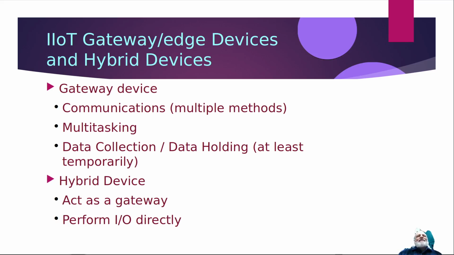All right, and then we have hybrid devices and gateway devices. A gateway device, I talked a little bit about that before. A gateway device is usually the term we use for a device that's going to get us to the internet. It's usually some sort of device with a built-in microchip and stuff. When you talk about switches and routers, we talked a little bit about those, right? Those are basically dedicated